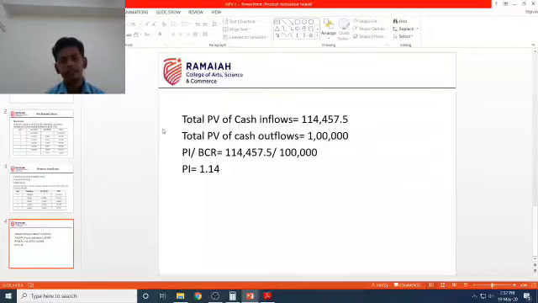If in case you are given a single situation or a single project, you have only one alternative, and you are doing capital budgeting for it, and in the question they are asking whether you want to accept or reject this project, in that case you can consider this criterion. If it is more than one, you can accept. If it is less than one, you can reject it. In case they are giving you two different projects which are mutually exclusive, you need to choose the one which has the higher profitability index. So this is about your benefit cost ratio and net present value.